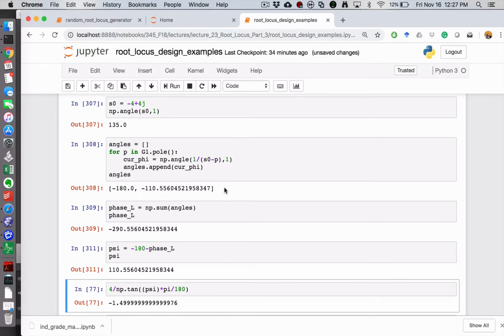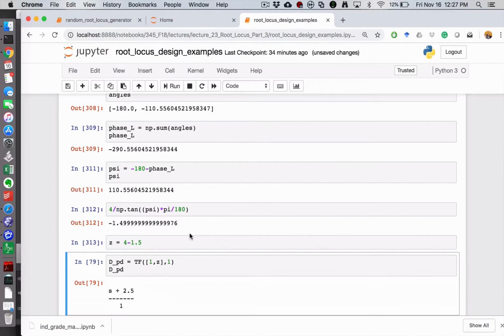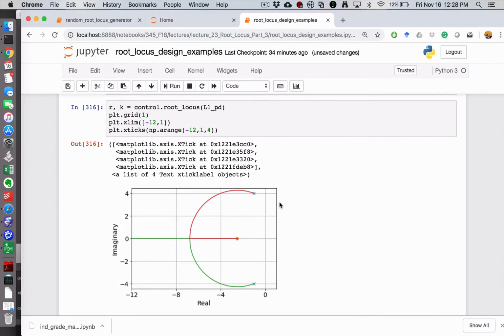So I need my 0 from my PD controller that I'm about to add to get me back 110.56 degrees of phase so that the overall phase would go to negative 180. So if I do the same calculation we talked about, I get a 1.5 offset from my desired pole location. So I end up with this PD controller that has a 0 at 2.5, basically saying that my proportional gain should be 2.5 times my KD, or derivative gain. So then defining that d hat times g as my L, and generating the root locus of that,